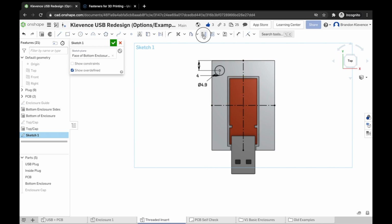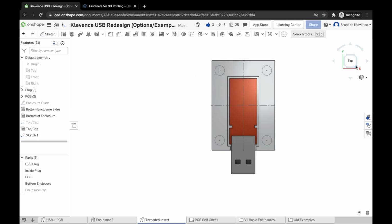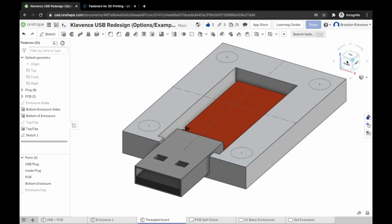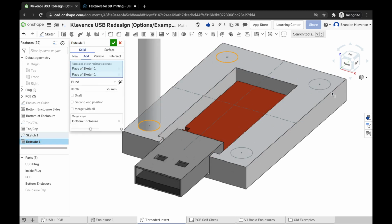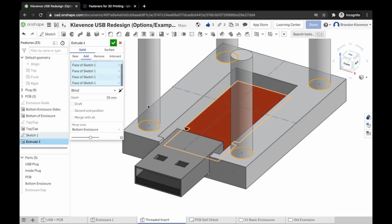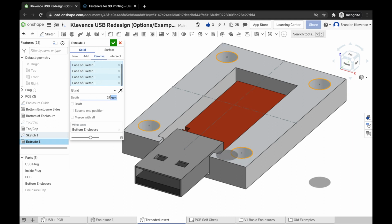And we can actually use mirror to mirror our circle around. Now I'm mirroring it left to right. Now I'm going to mirror these two top to bottom, and we can hit the good old check. Now once we have this, we can go ahead and hit extrude, and I'm just going to do an extrude remove for this round, and we're going to try extruding to a depth of I think 6 millimeters is actually